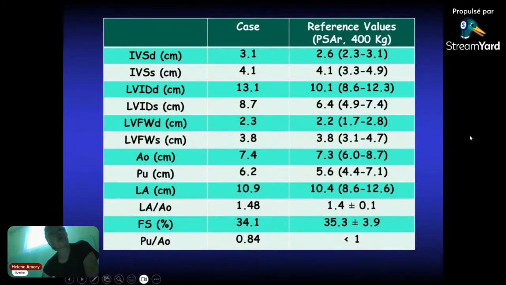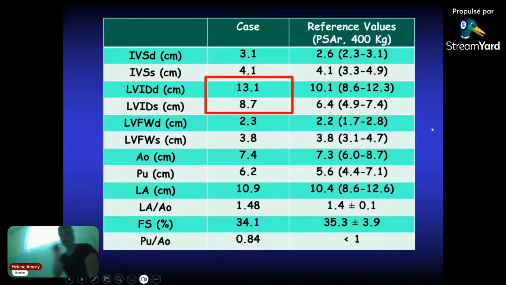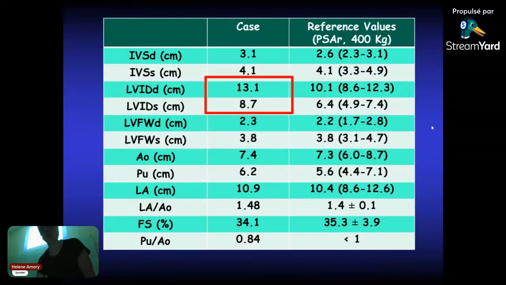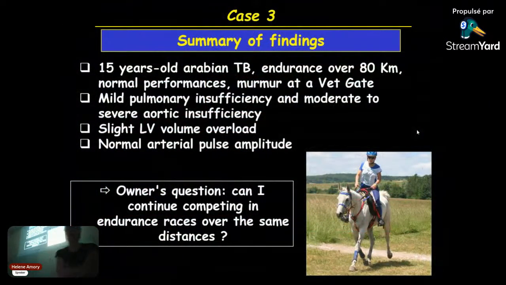We do the measurements of all the structures, and the conclusion is that nothing is delayed. See, yes. The left ventricle is at the upper limit, a little bit dilated. The impression we had at the beginning was indeed associated with a small overload of the left ventricle, but it's slight. It's not very severe. Okay. Just in summary, in this course we have...